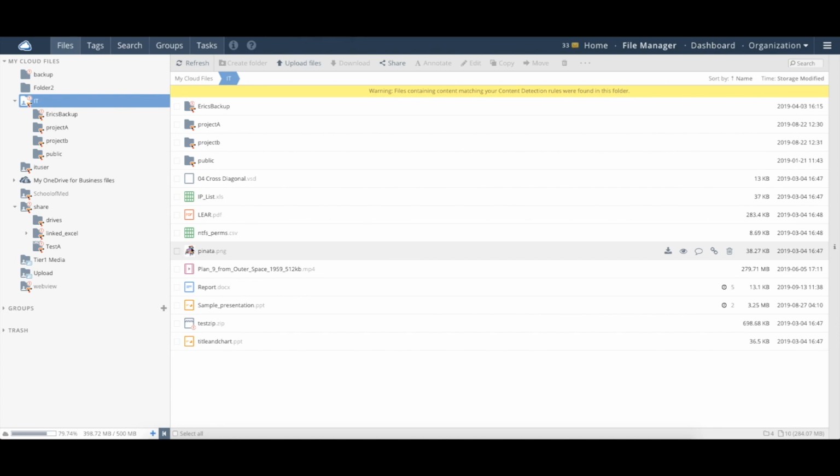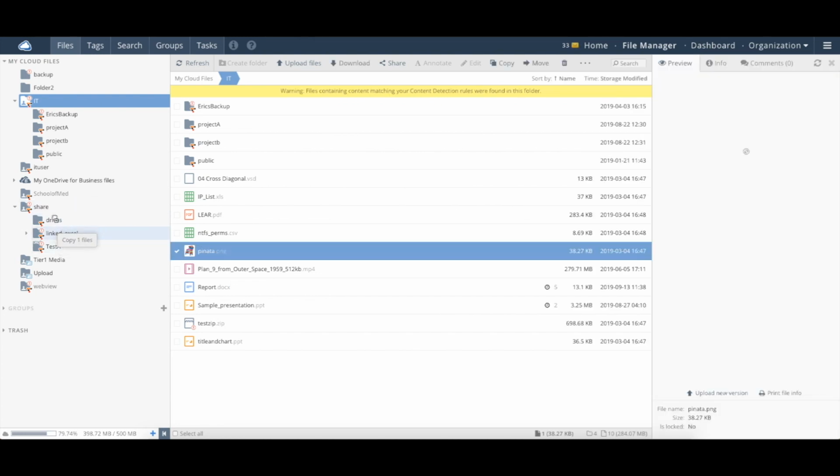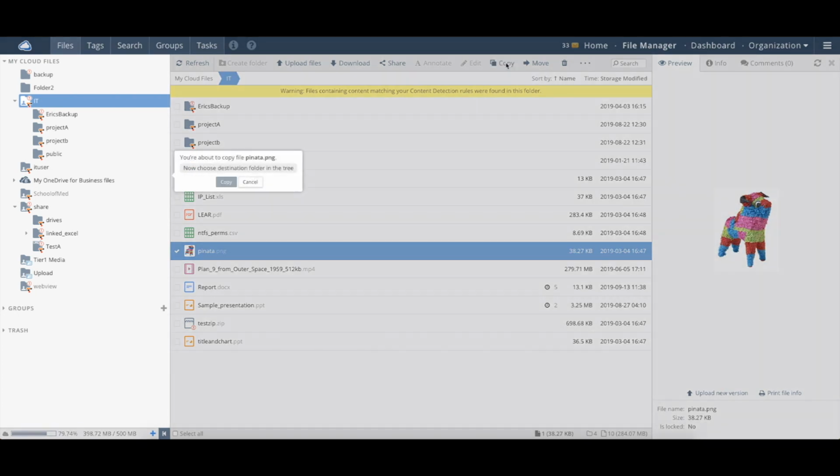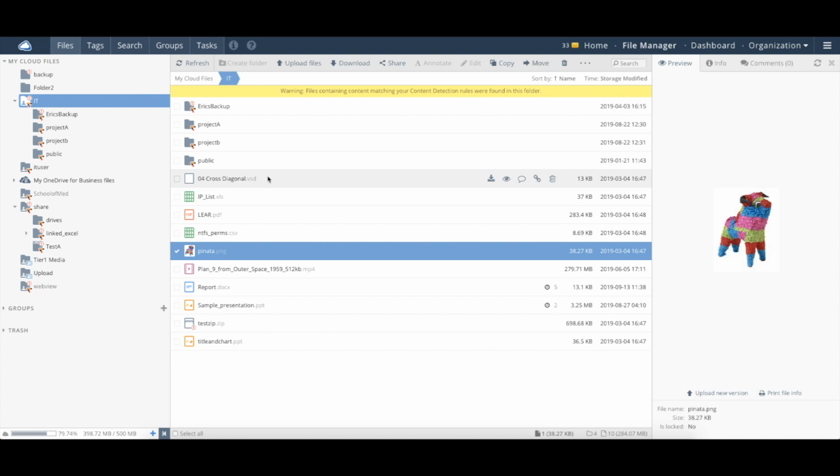And obviously I can do things just like a normal file manager. I'm able to drag and drop files from one location to the other, either via copy or via move. We also have the tools to do that up here instead of drag and drop if we wanted to use this tool instead. So the web interface provides a full feature-rich environment, allowing your end users to interact with this data via the browser, both from within your facilities as well as externally using SSL, so it's a secure connection without a VPN into those file shares that the